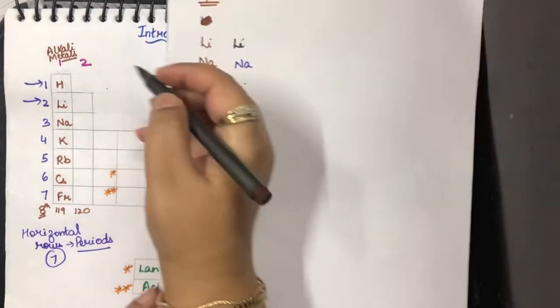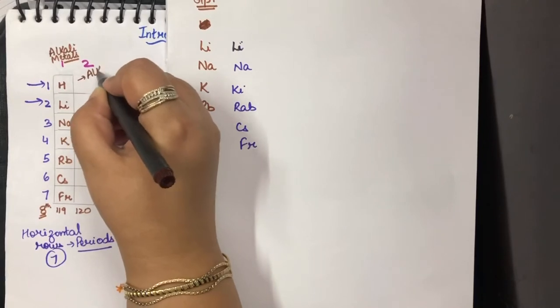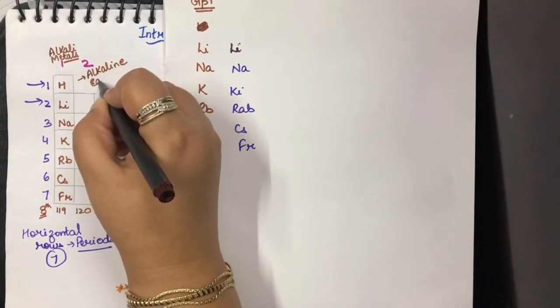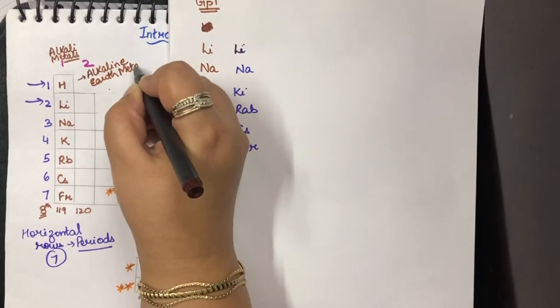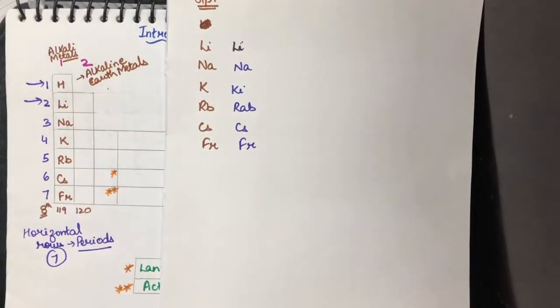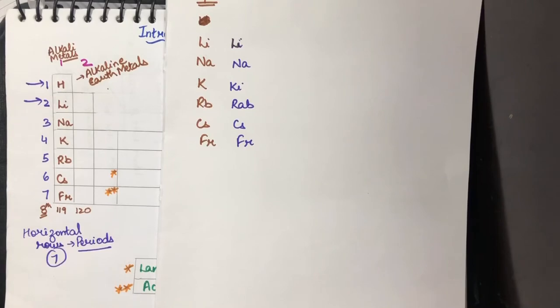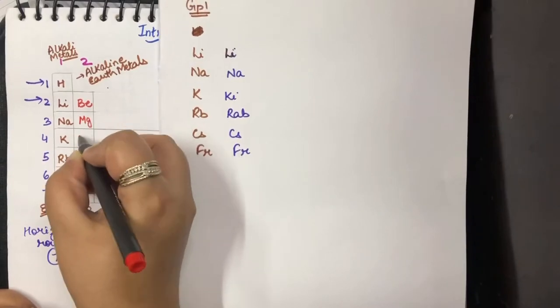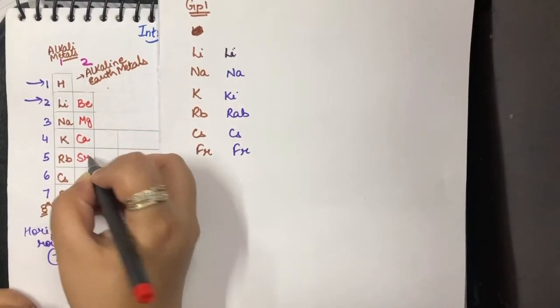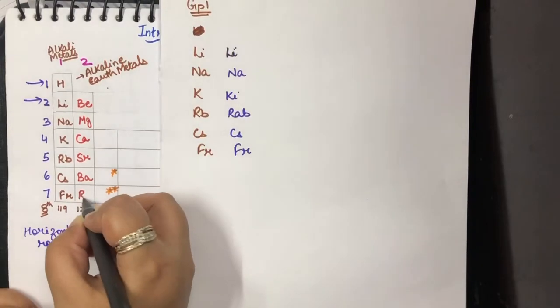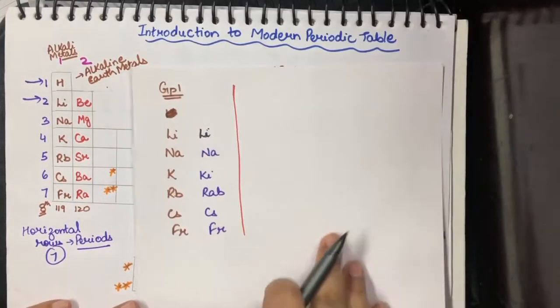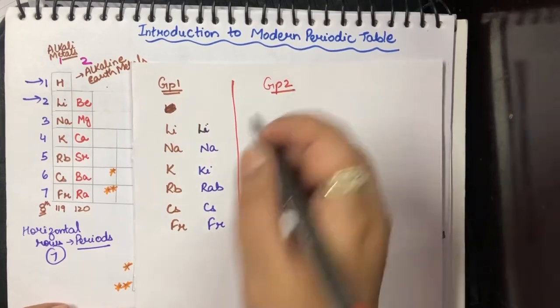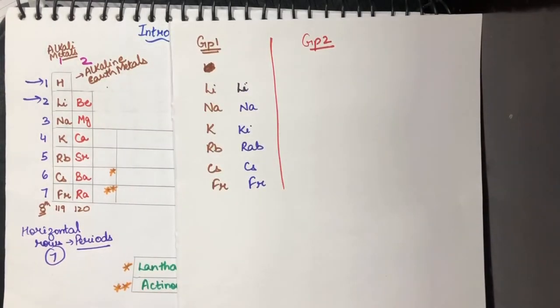So now if I have to talk about group 2, group 2 is called alkaline earth metals. The group starts from here and it is beryllium, magnesium, calcium, strontium, barium and radium. So group 2 we have called what, beta? It is called alkaline earth metals. The reason being that their oxides are basic in nature and they are also found in the earth's crust.